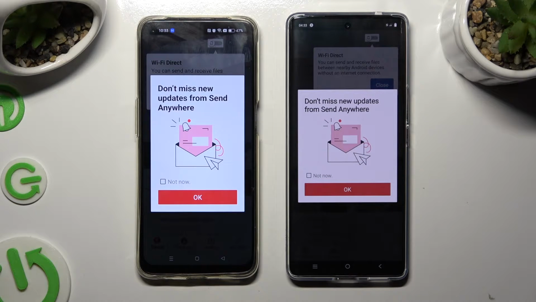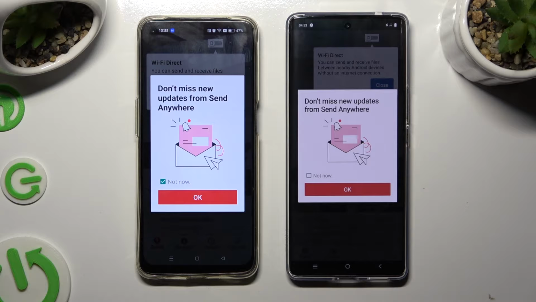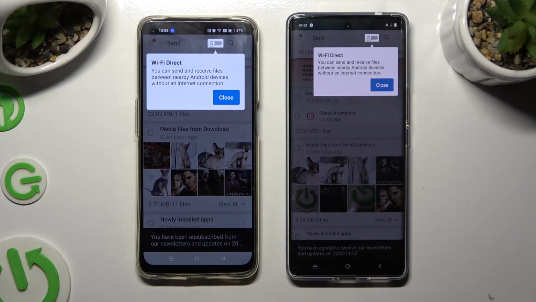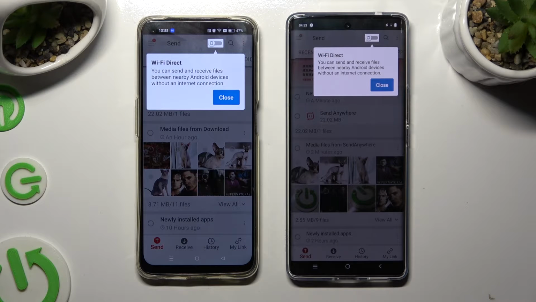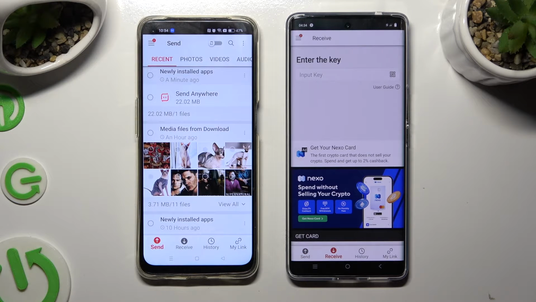Now, in this pop-up about new updates, you can select Not Now if you wish to. To close it, hit OK. Then tap on Close in the white pop-up at the top and select Receive at the bottom of Vivo, between Send and History. Now click on Send at the bottom left corner of an Android, if it's not already on,